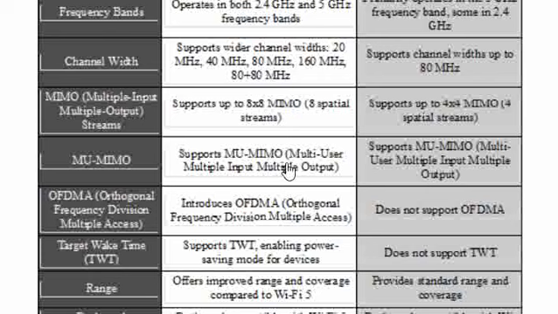And then power saving is the biggest thing in Wi-Fi 6, and the target wake time, where basically the target goes to sleep and helps in power save, thereby enabling more power saving modes. Lesser power consumption through power saving modes is possible in Wi-Fi 6, whereas Wi-Fi 5 did not support the target wake time. And then